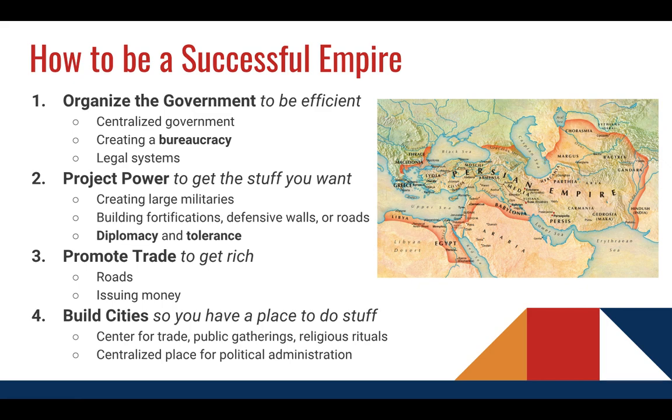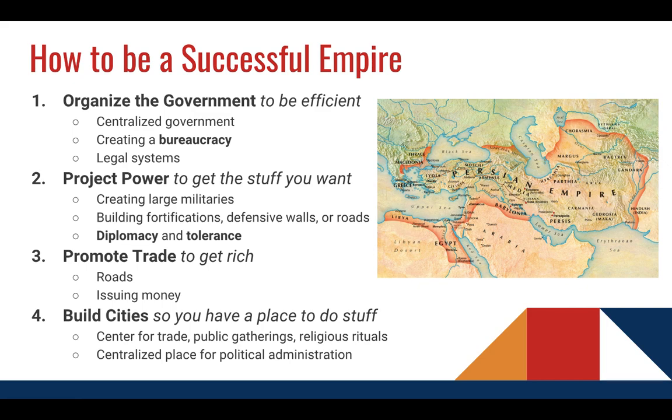A couple of things other successful empires do is they use diplomacy, that is kind of this skill of dealing with foreign groups of people or perhaps people in the empire. And they also, many of these empires practice tolerance. Tolerance for local customs, local religious traditions. Because if you can convince people that you're okay with them practicing whatever religion they want as long as they pay you money, then you're more likely to keep rebellion from happening.